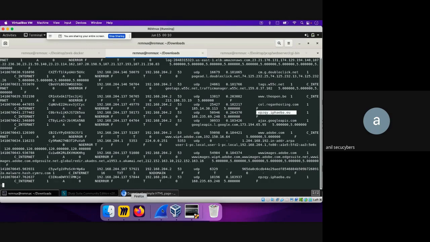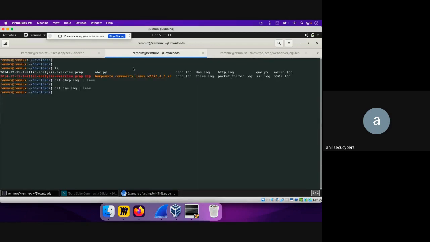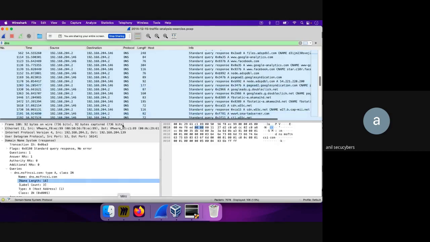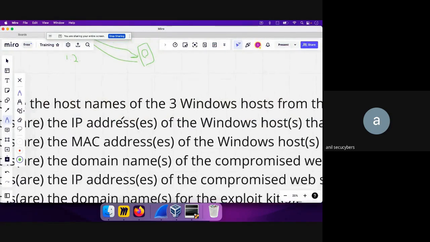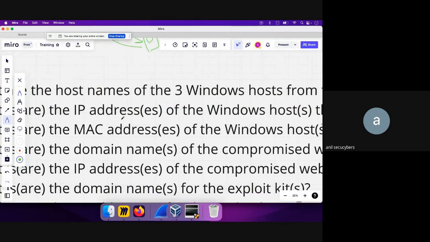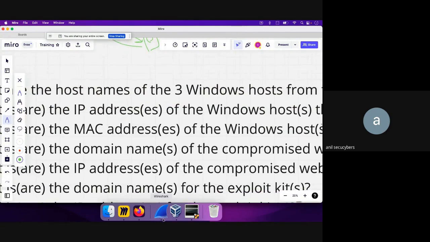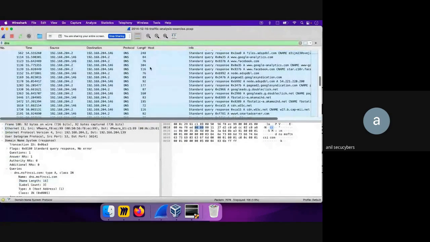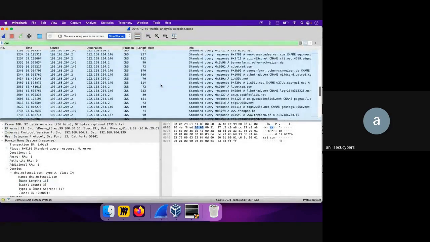Going back, this is one of the ways you can get the list of DNS queries made: by reading the dns.log that was generated from the pcap file. So that's one thing. Now let me quickly go to that. The domain names are possibly answered with IP addresses. So the IP addresses of those domain names you already know. If I go to, let's say, the open